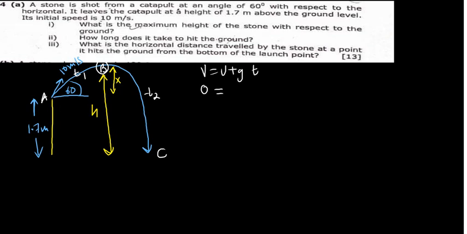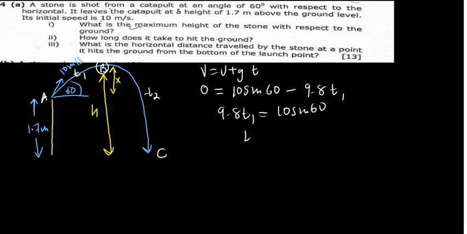And the y component is always given by velocity times sin of the angle, 60. Because we are going up, g is going to be negative 9.8, and then t. So take this 9.8 to the other side, and remember this t is t1, and that will be equal to 10 sin 60. So from here to find t1, we just say 10 sin 60 divided by 9.8,